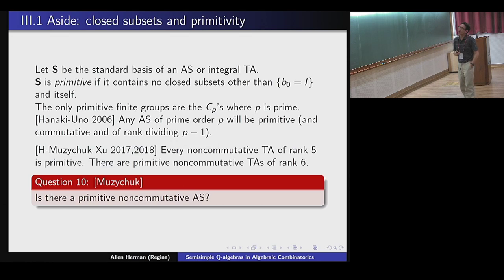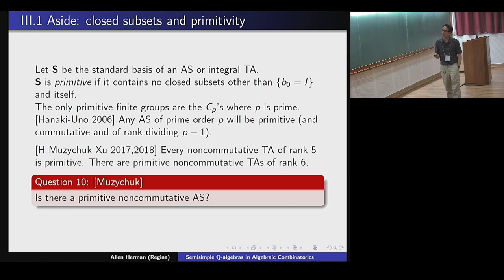Okay? Before I get into the quotients, though, there's a question about what's simple in this world. So simple is primitive in this world. If you have no closed subset, then it's simple. Of course, that means in group theory that you would only have the cyclic groups of order p. They're the only groups like that. Now, it's still true for association schemes that if they have order p, then they are primitive. But there's an important thing missing: we don't know if there's any primitive non-commutative